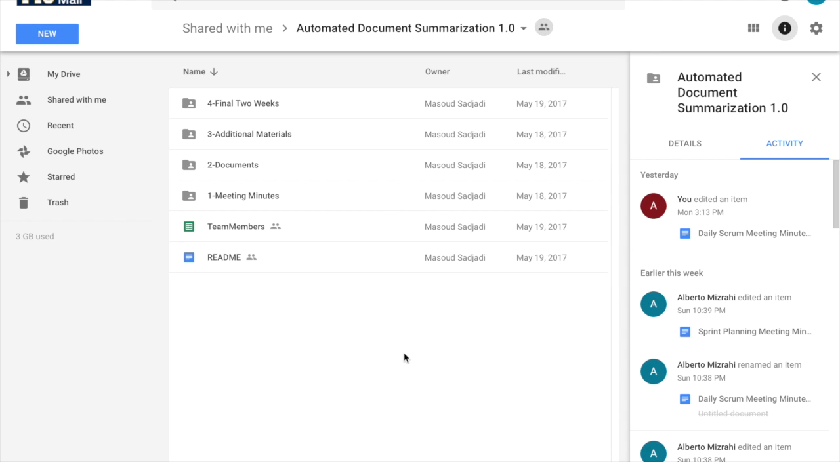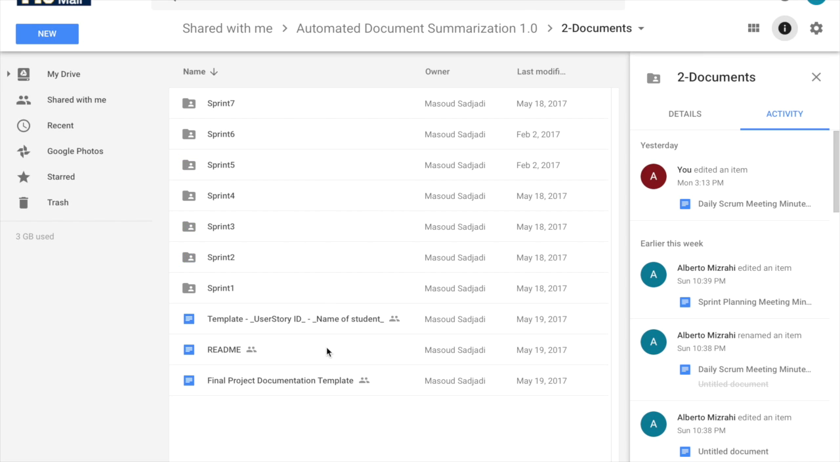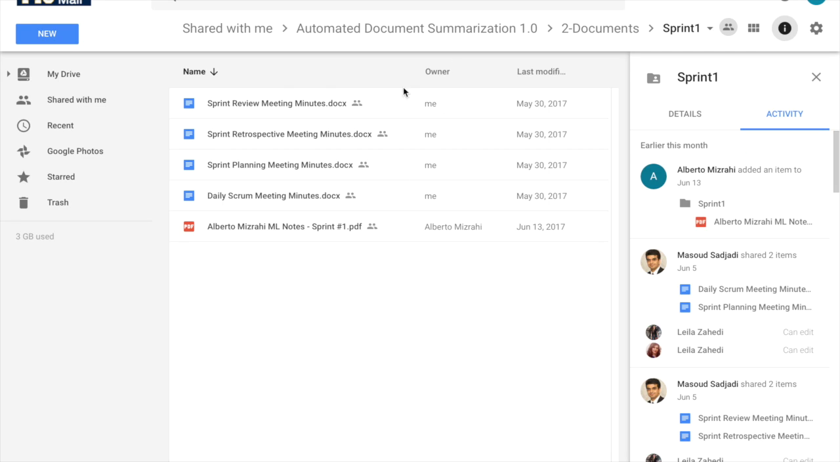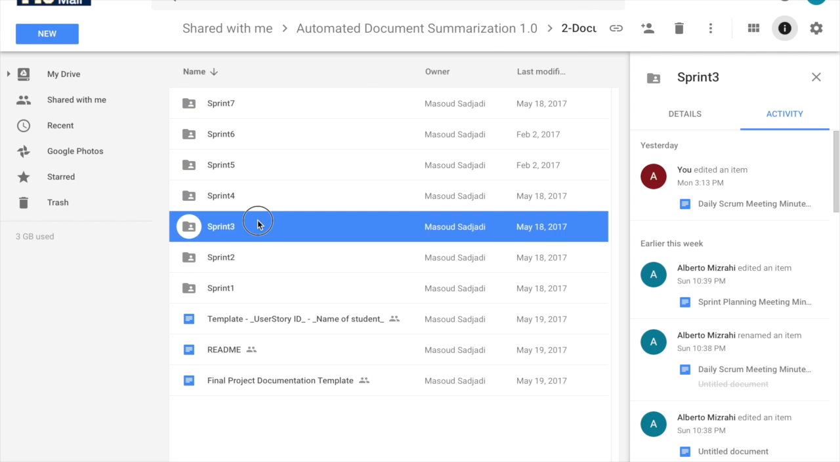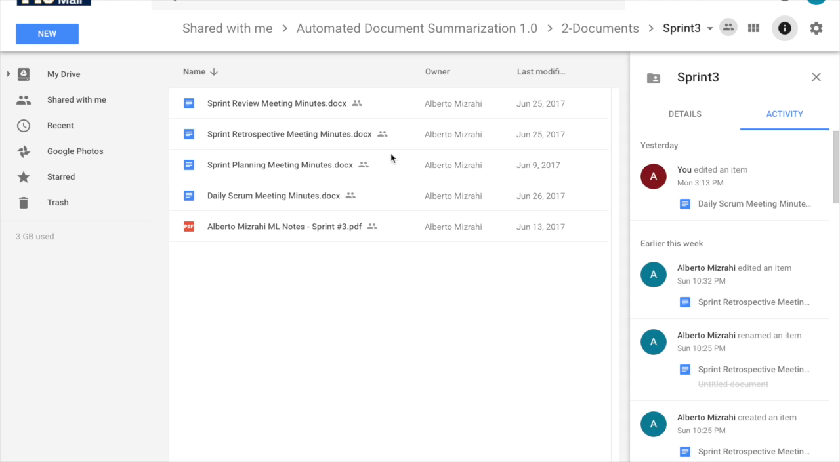documents where we put all of our Agile/Scrum documentation. So as you can see, Sprint 1, Sprint 2, and Sprint 3's documentation is right here. For every sprint, we have our review meeting minutes, our retrospective meeting minutes, our planning meeting minutes, and our daily Scrum meeting minutes. So if I show you the latest past sprint,